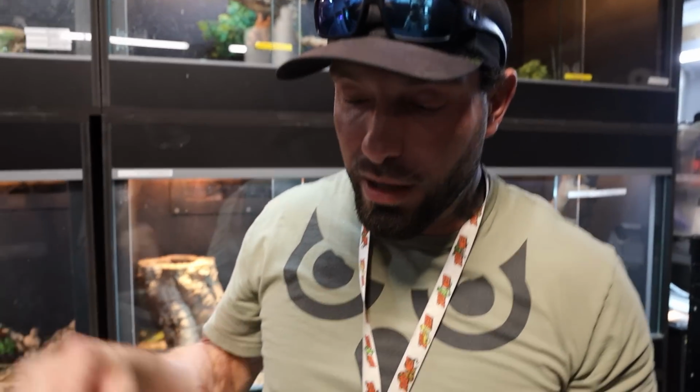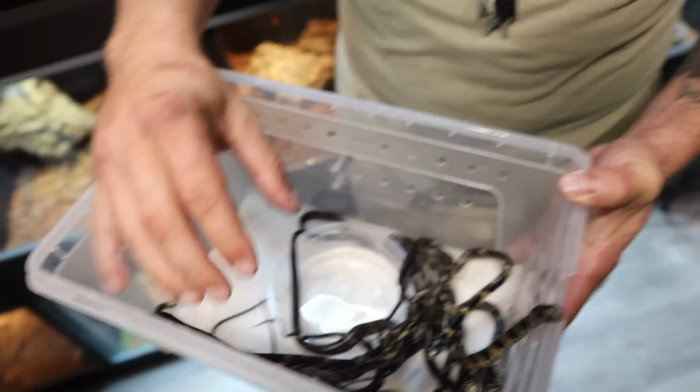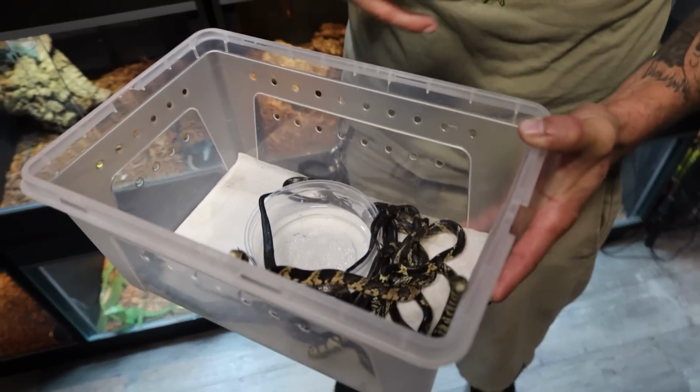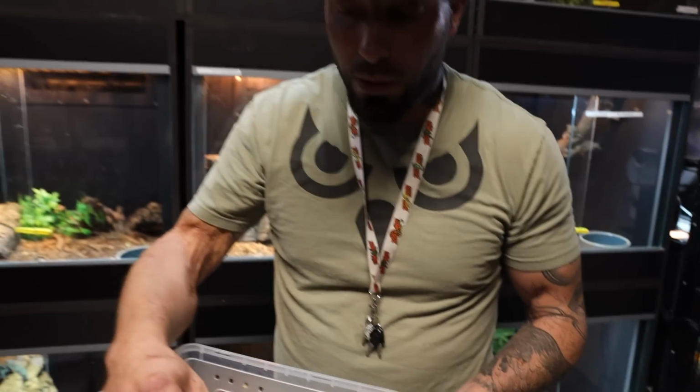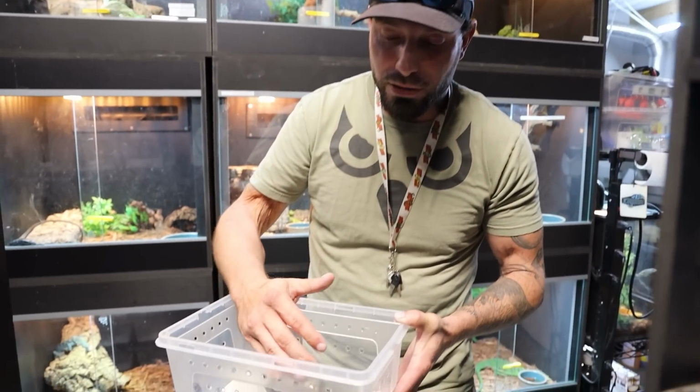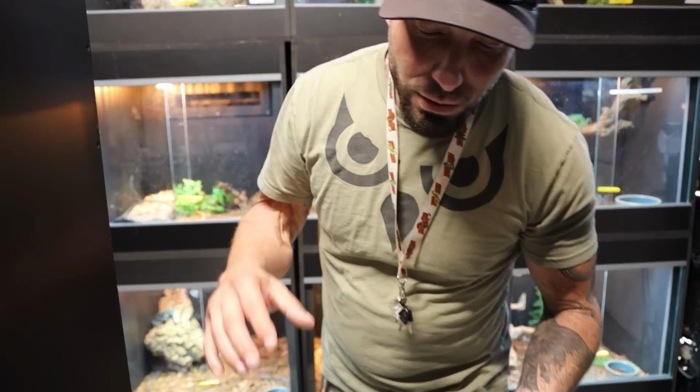Fed. I think I said shed. So they're already fed from that yolk, so they're doing well. And then what happens is once they go through their first shed, after all these guys shed out, that's when the first meal will be given to them or offered to them. And usually with these guys being captive born especially, they're gonna eat right away, which gives you a really solid